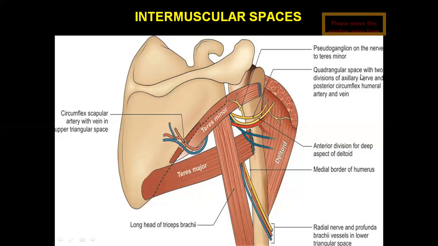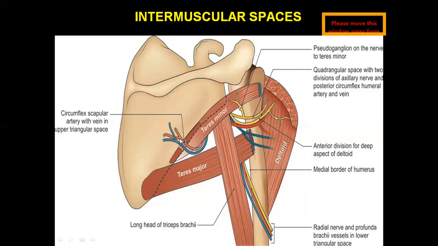Content of this quadrangular space is axillary nerve and posterior circumflex artery and vein. Now, if you observe the upper triangular space, the upper boundary is formed by the teres minor. Near to the midline is the medial boundary; away from the midline towards the humerus is lateral, right? Now the long head of triceps becomes the lateral boundary of this triangular space, and the upper border of teres major forms the lower border of this triangular space.